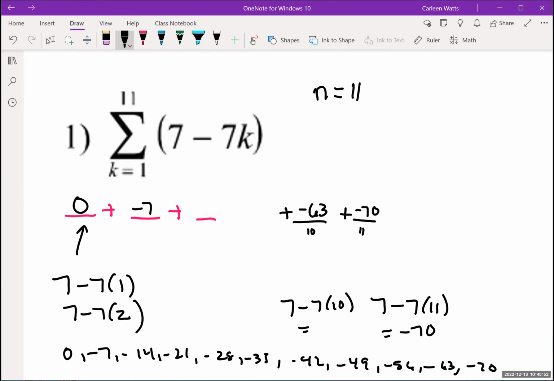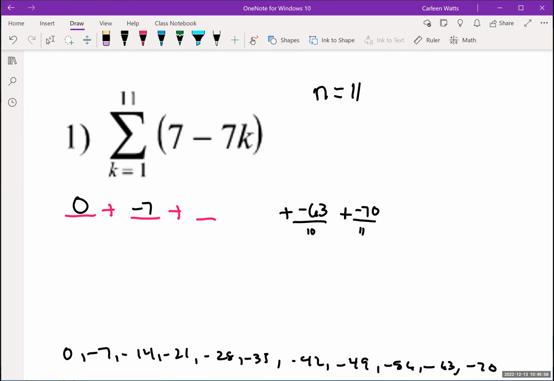So now you have a choice. Now you have a choice. Do you want to just take your calculator and go -7 plus -14 plus? Or do you want to try my formula? Let's try my formula. The sum of the 11 terms is